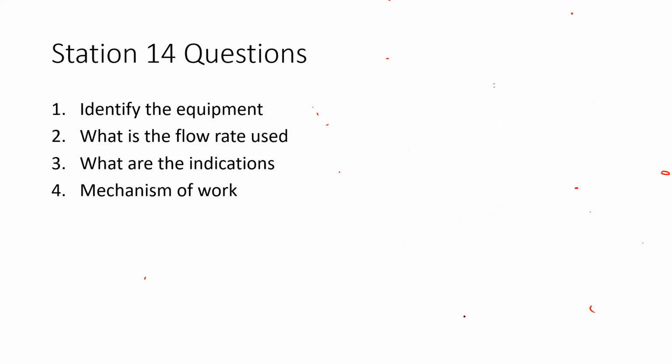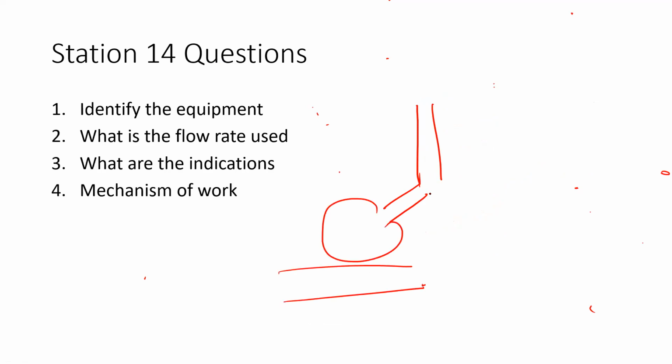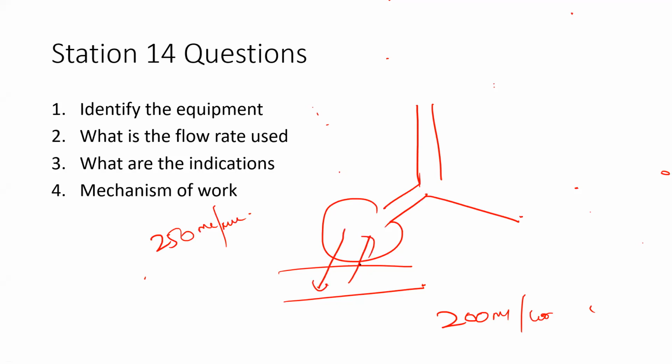Sir, sorry, please, if you can just repeat the bulk flow gradient once again, sir. Okay. One last time. So trachea here, the bronchus here, and the alveoli here. These are the pulmonary capillaries. So if the patient is apneic, the body needs 250 ml per minute for basal oxygen consumption, and the body produces 200 ml per minute of carbon dioxide. Oxygen comes in by the gradient, carbon dioxide goes out by the pressure gradient normally.